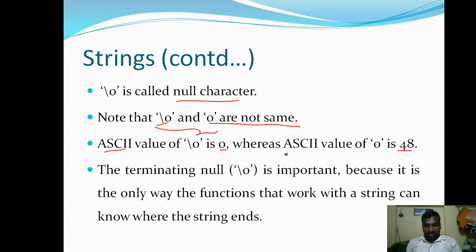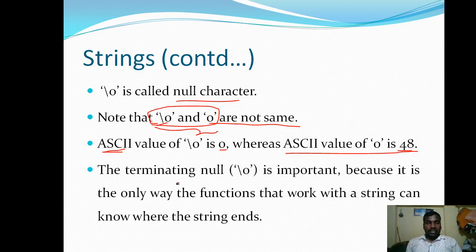Are you getting the point? So these are not equal, and that can be represented simply by using these ASCII values: for \0 the ASCII value is 0 and for 0 the ASCII value is 48.